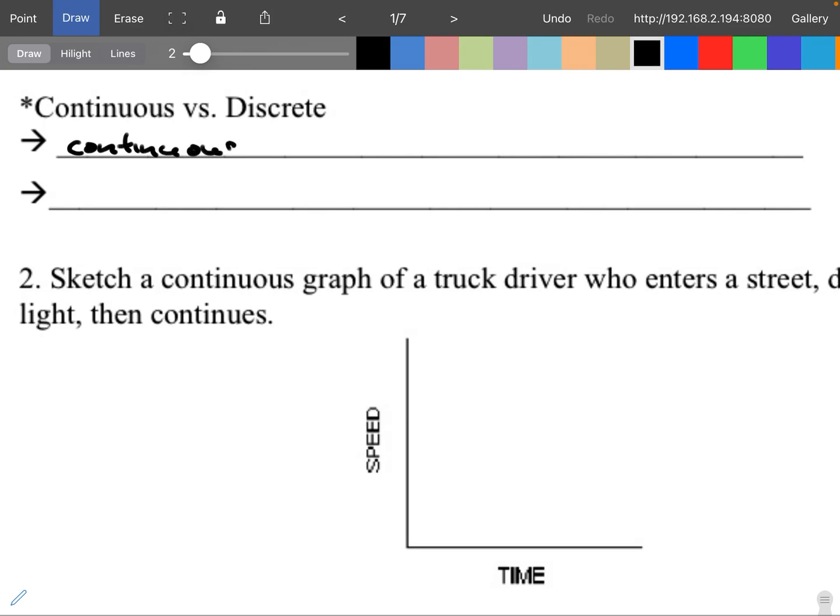And then the next couple lines there, we have to write down the definition of what continuous and discrete mean. So if a graph is continuous, well, if it's continuous, it's connected. Okay? All the points are connected. But I'm going to kind of write it weird. I'm going to say that you can trace it without lifting your pencil. So you can trace